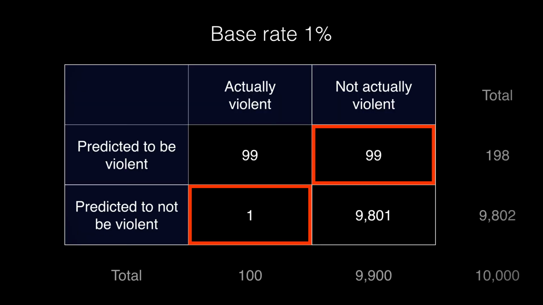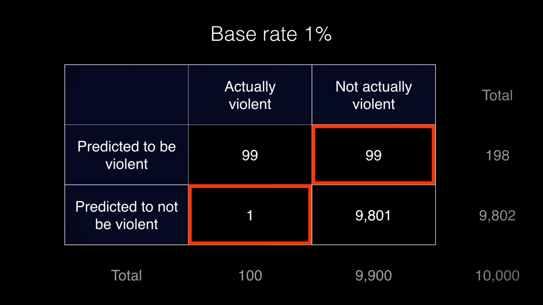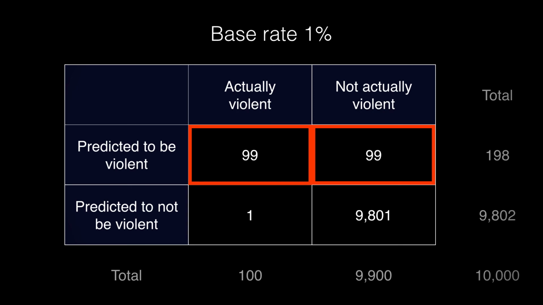Of those misclassifications, it is now 99 times more likely to be predicting that a person will commit assault when in fact they won't. This is 11 times worse than before. Now we have 99 people who are predicted to offend, but in fact who won't. And this represents 50% of the predictions that someone will offend. This is a much worse outcome than before, and shows you what happens when base rates become low.